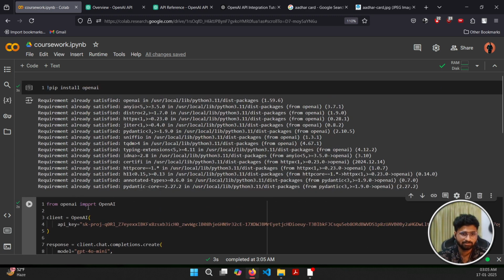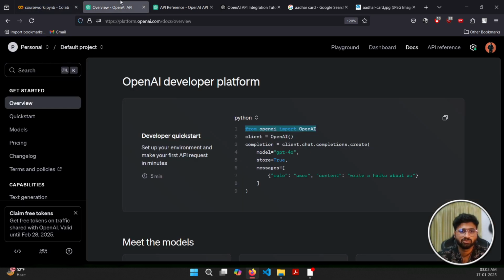And here I have already imported the OpenAI library, and after that I have created the client, and in the client we actually have to provide the API key itself. And you might ask, how exactly can I get the API key? So you need to go to